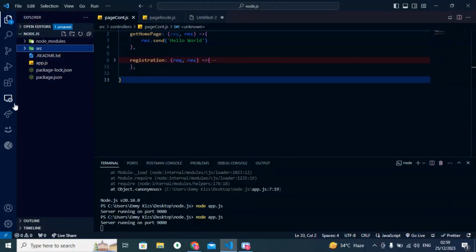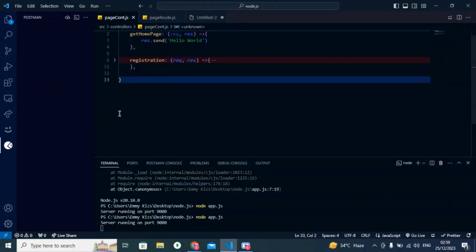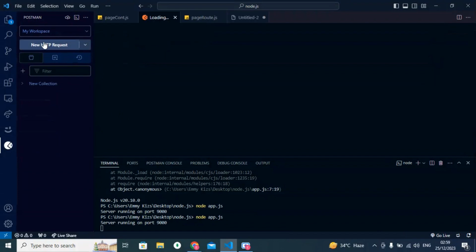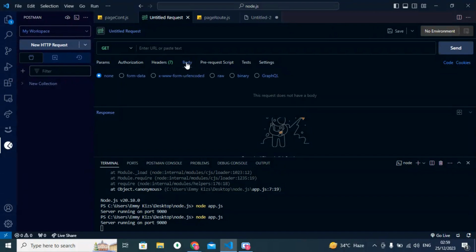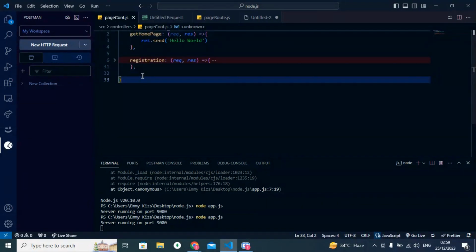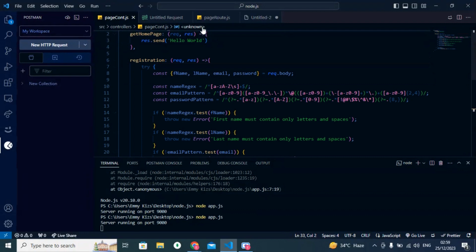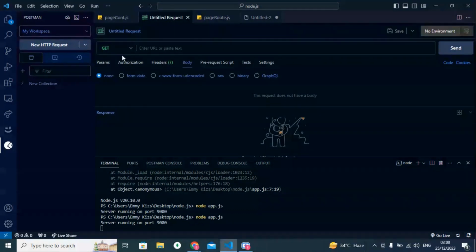app. I have Postman right here in my VS Code. If you don't have Postman, you can get it on the extensions of VS Code. So here now, if we want to test our registration API, we come here and open Postman,